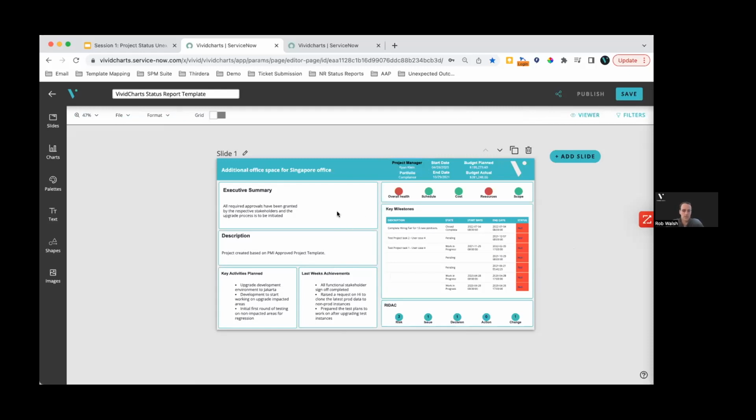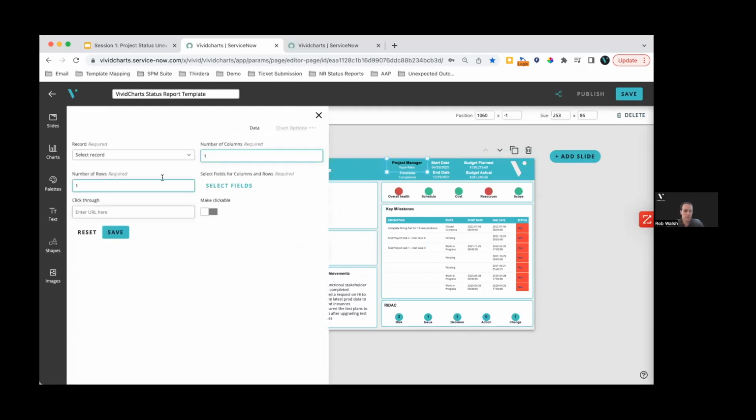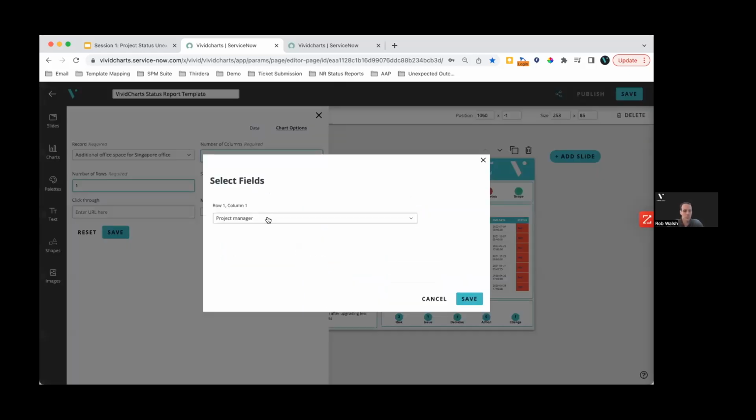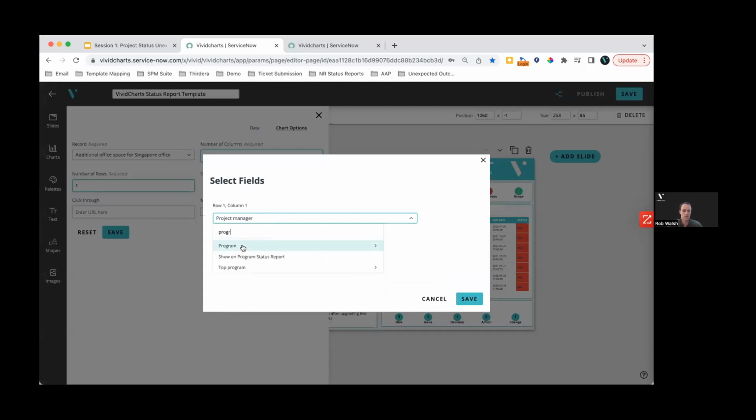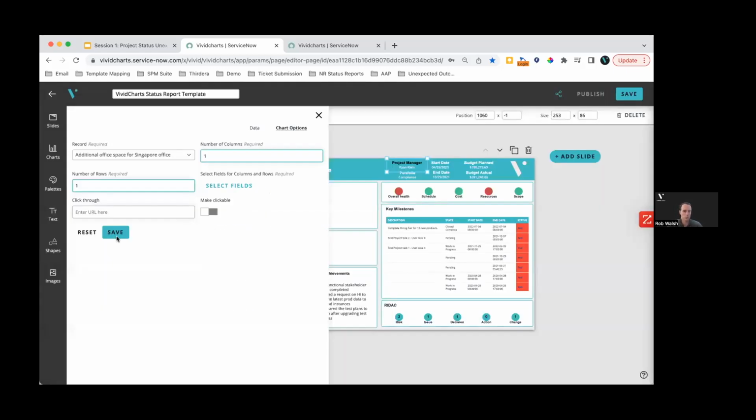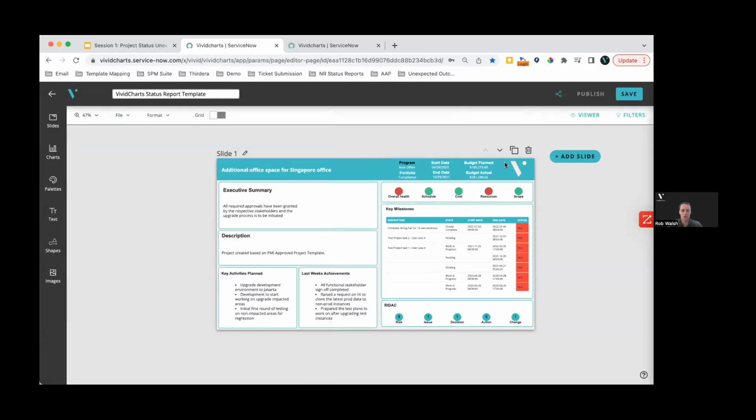What we also have full control over is the data itself. So the project manager here, if I open up the data menu, is just pulling from a field on the project table. I could just as easily say, we don't really care about that. Let's put the program that this project belongs in. And just like that, it updates on our template. So very easy to configure from a data perspective, and also the ability to go to multiple tables in the